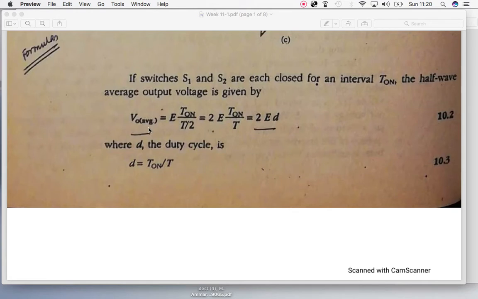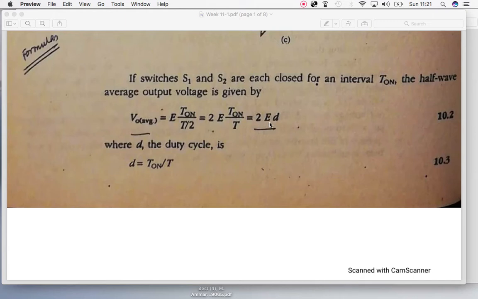average voltage at the load side, if we have the AC voltage coming at the load side of the inverter, then in order to calculate the average of that voltage we are able to use this formula, in which we have E, which is the input DC voltage, we have T on divided by the total time period, and this is the time for which the switches are on, and this is the total time period divided by 2, and we can rearrange that formula, and this T on by T is always the duty cycle, and we have a formula to calculate the average voltage at the output side with this